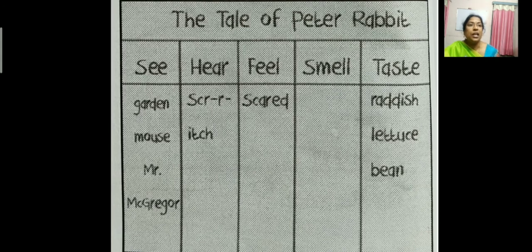Yes, radish, lettuce, beans, and also parsley he tasted, children. That is coriander. Okay, so is this clear? Now coming to this story, you have come across the sensory details where Peter Rabbit experiences. Okay, now did these details help you to understand the story? Yes, very good. These details help you to understand the story in a better way, because you can experience